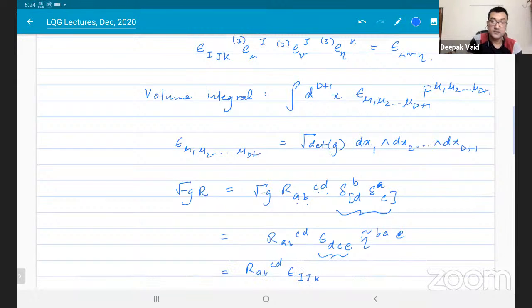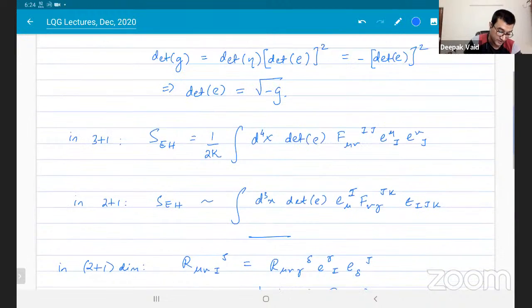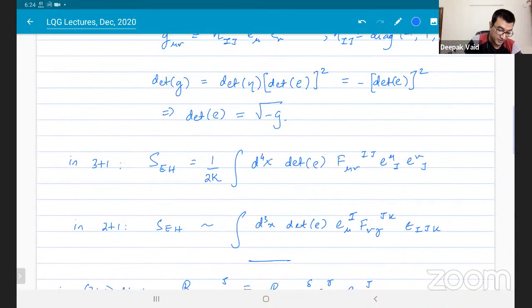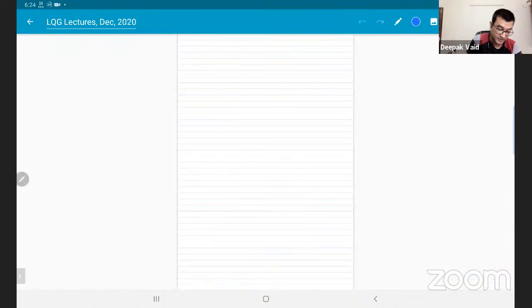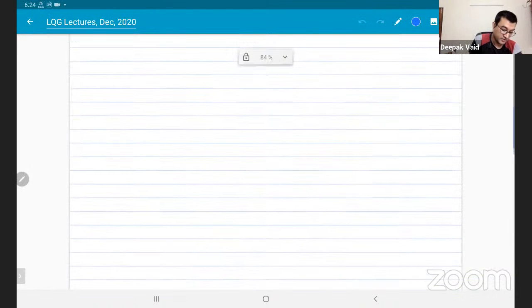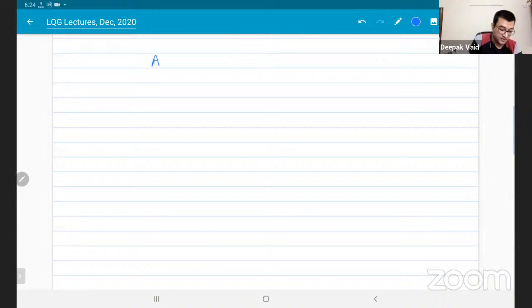that, well, I'm not sure how to state it. I suppose it has to do with the fact that when you write down this determinant of the metric, it is related to the determinant of this tetrad, right? So how do we write down the determinant of any matrix? Let's say I have a matrix AB. Okay, how do I write down the determinant of AB? We have a general expression for this. It can be written like this: